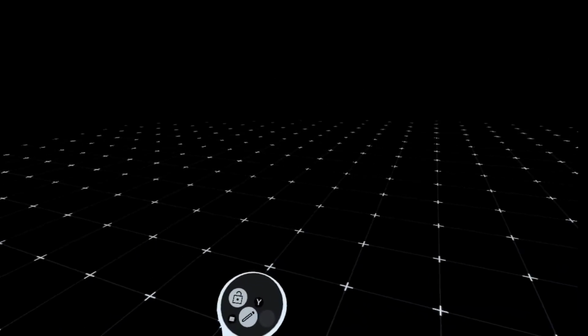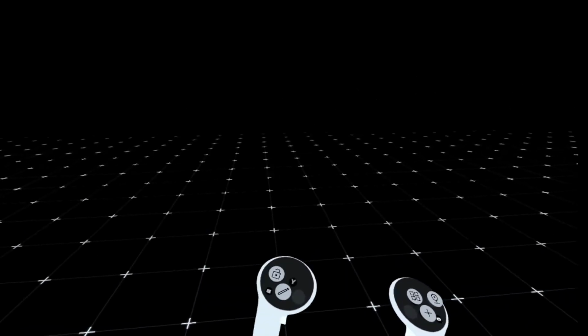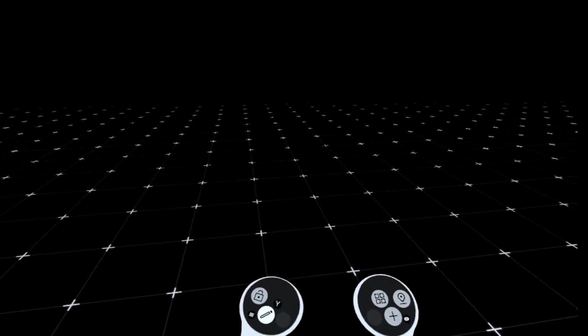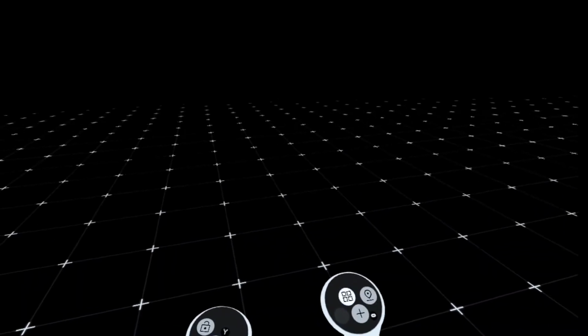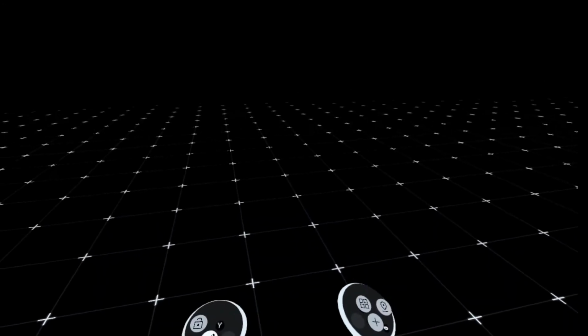Hey guys, just wanted to show some of the new features of the 0.4.0 beta. As some of you have already seen, we've got these new controller UI buttons. They're a little bit more obvious. I probably do need to add some kind of textual hover states that tell you what these do, but I'll